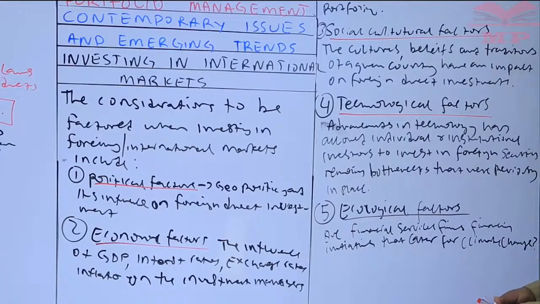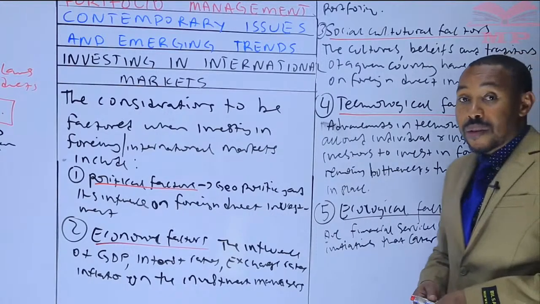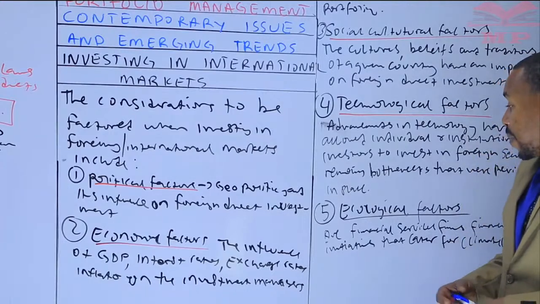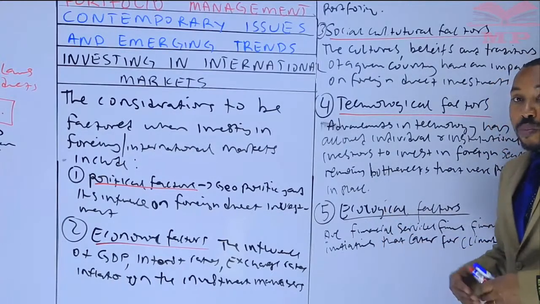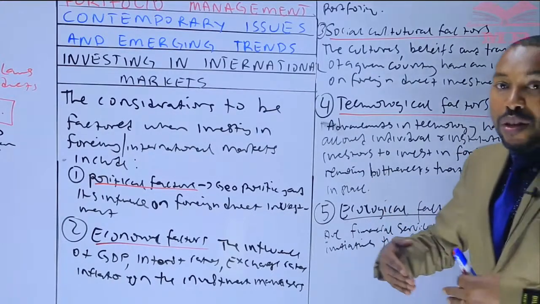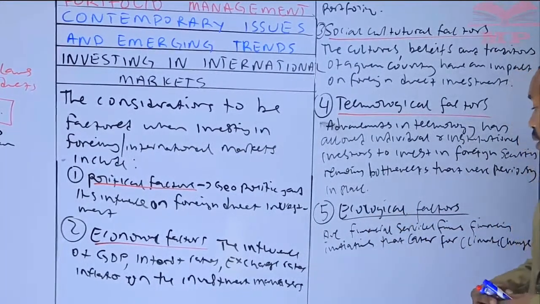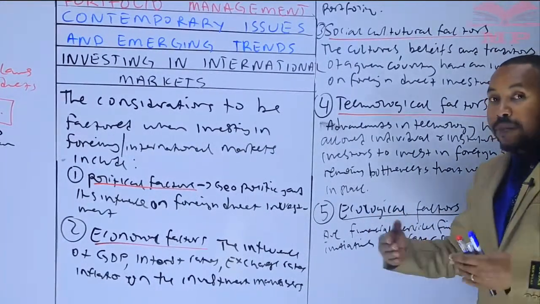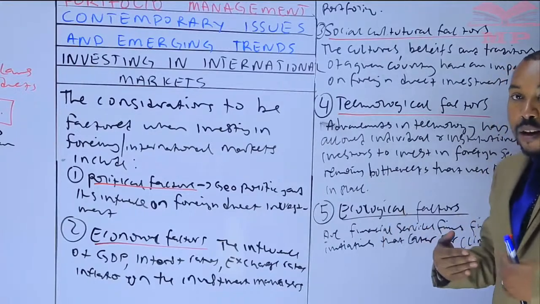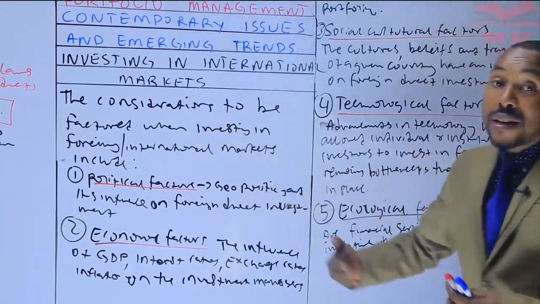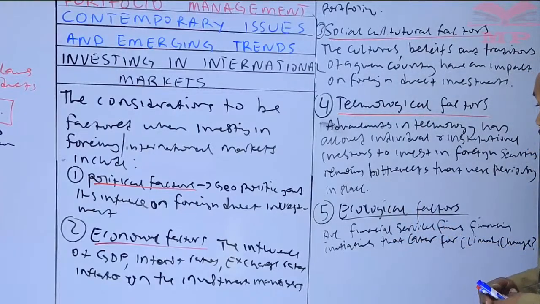And that really affects it. So if BAT is trying to seek financing or investors want to invest in BAT, there's going to be a deterrence. Foreign direct investment may not really come because the element of ecological factors is going to prevent them from receiving finance from commercial banks or from investors in foreign countries. So that is ecological factors.